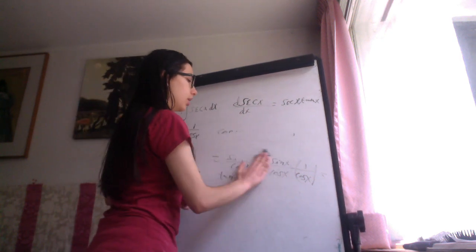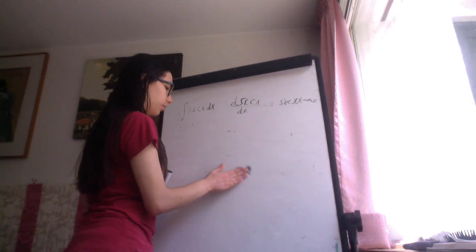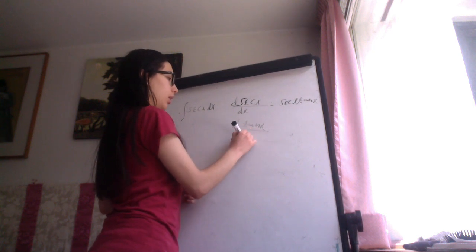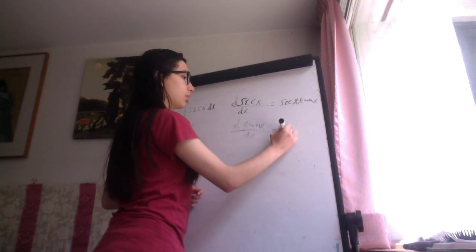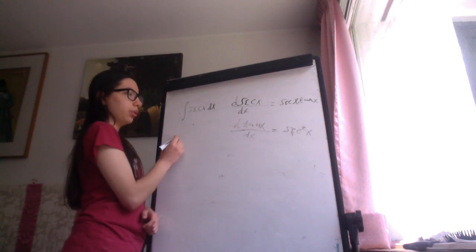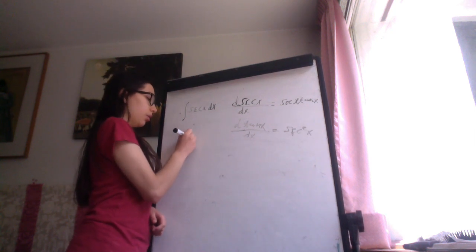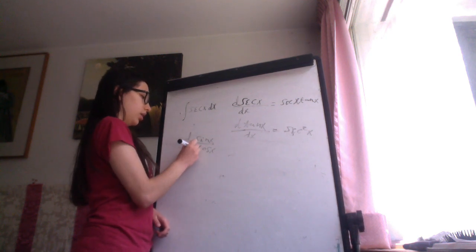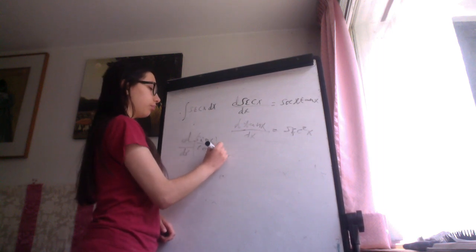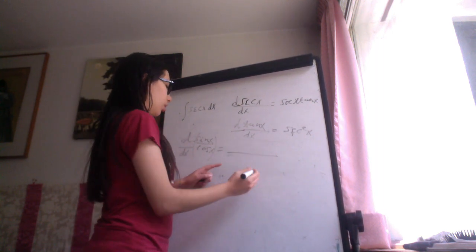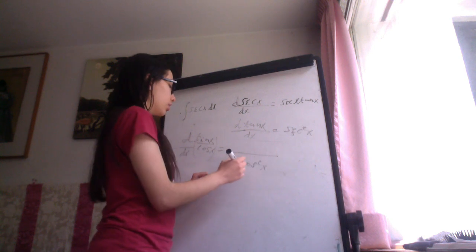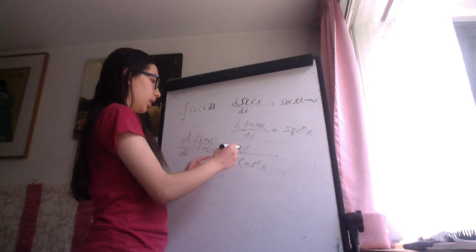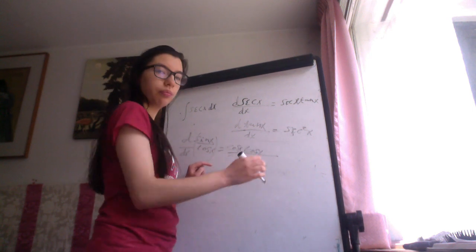The other one is the derivative of tangent of x. The derivative of tangent of x with respect to x is equal to square secant of x. Let's do it quickly. There is the derivative of sine x divided by cosine x with respect to x. So again, the quotient rule. Here will be cosine square x. Here is cosine x times the derivative of sine x, which is cosine x,